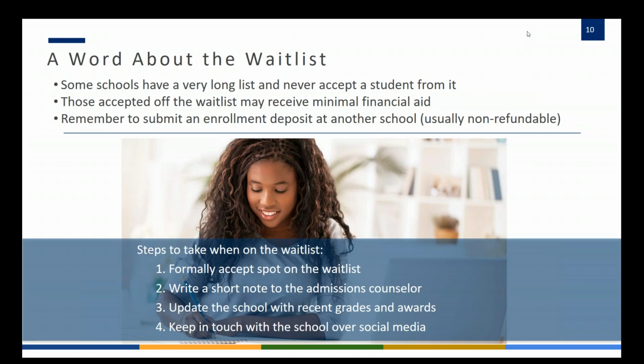They may not be giving those students financial aid from their institution, just based on the simple fact that they've run out of money and they've used that on the students they've accepted already. So sometimes that might come into play when they're taking students off the wait list. So it's important for students to know if that's the case, so that if finances are going to be an issue, they may not want to stay on the wait list or formally accept their spot if they know they won't be able to afford that school without financial aid.